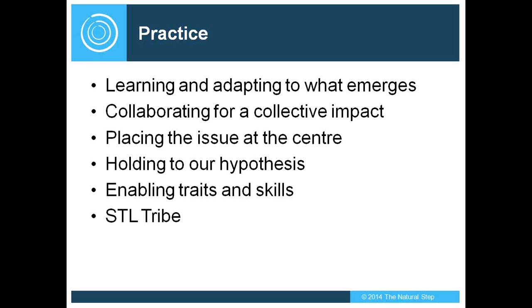So being able to have the character of trust, integrity, selfless behavior, absorbing without defensiveness, being able to interpret things, trial and error, allow for innovation, and so on. Part of this is also with our Sustainability Transition Lab tribe. We've created a tribe internally that is helping us practice these traits and that allows us to connect with experts in process design, facilitation, dialogue education, systems mapping, research, communications, all the different types of things that allow us to practice.